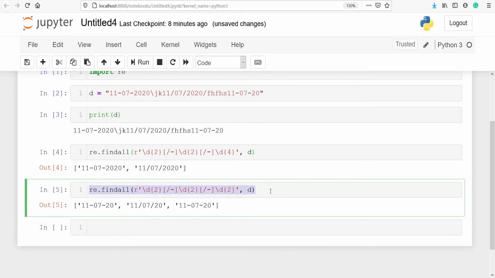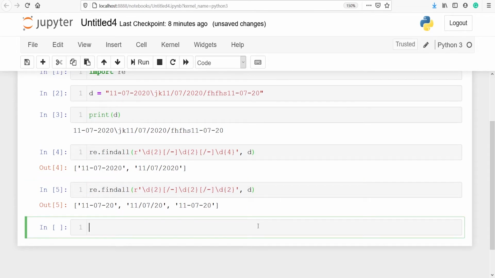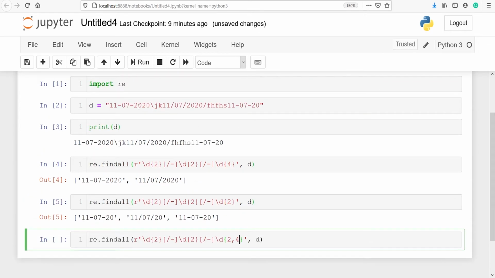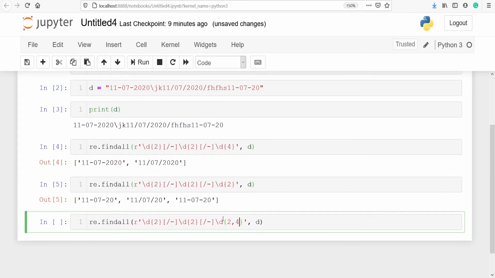I'll copy this code from here, I'll paste it here, and now here I will write that it should contain either 2 digits or 4 digits, because here we have 4 digits, but here we have only 2 digits. That is why here we are passing 2 or 4. That is, it should contain either 2 digits or 4 digits.